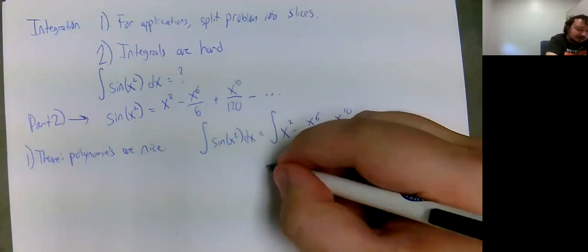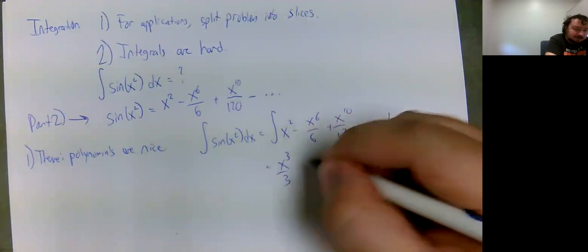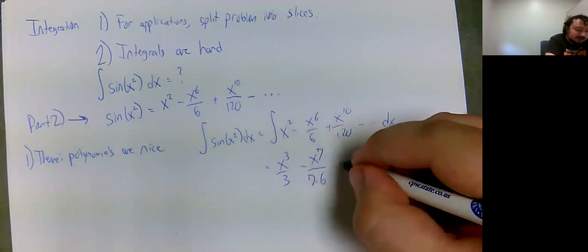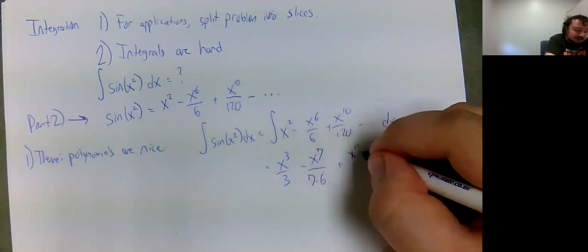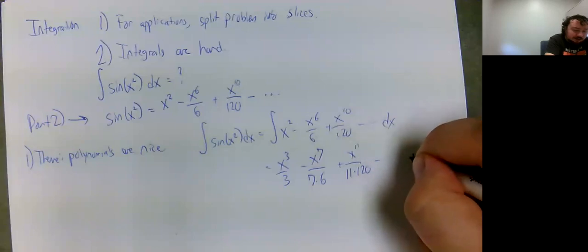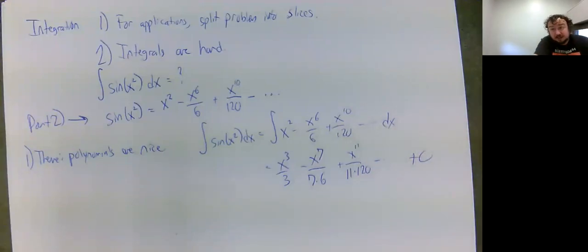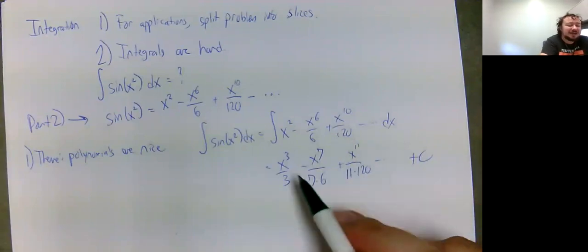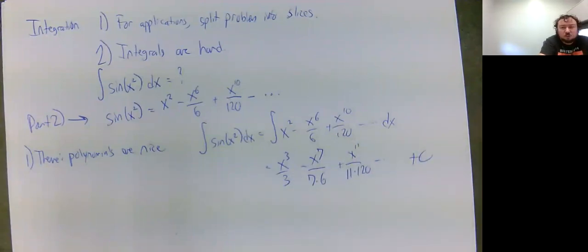So what would happen is I would get x cubed over 3 minus x to the 7th over 7 times 6 plus x to the 11th over 11 times 120, and then that would go on forever, and then we would, of course, have plus C. Now, you might be thinking, okay, well, I guess we technically got this answer here, but what does that do